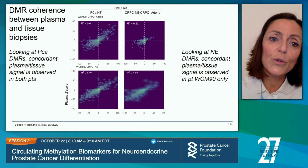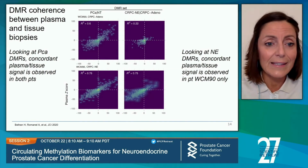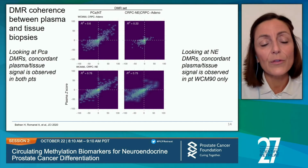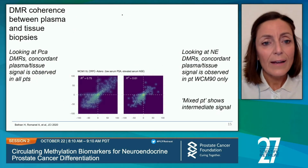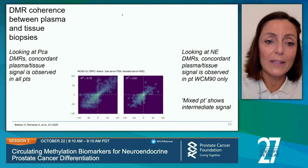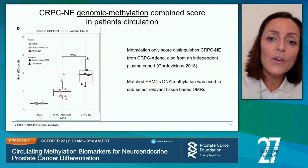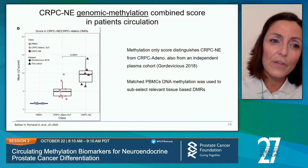But then when we looked into the plasma data of both samples, we only see signal for the NE patient and not for the top one, suggesting that in fact certain regions are really specific for NE and are mimicked in the circulation. Another layer of information is that when we looked at a third patient here, which has mixed features, we could see an intermediate signal. So all in all, this suggests that, in fact, methylation in the circulation is reflective of